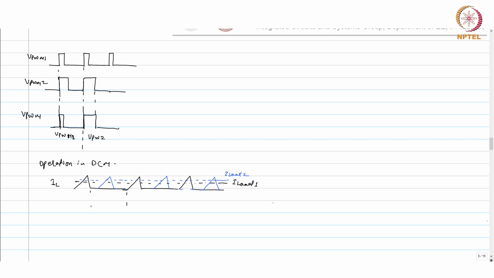So for the DCM, and this is possible in CCM also actually, but there are some issues with the cross regulation, because inductor current is continuous. So for some portion you are supplying to the other guy, some portion you are supplying to this guy. So inductor current never goes zero there. So cross regulation may happen, but this is more feasible with the DCM operation, or when you are supplying lower current.